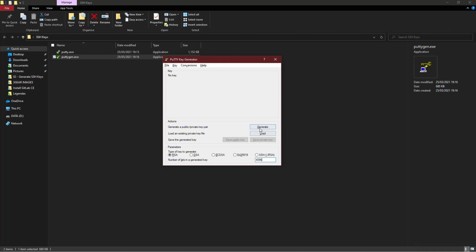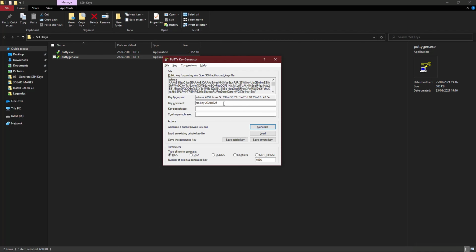And next we click the generate button. We need to move the mouse to create the key. So it's done. A private and public key pair has now been generated. In the key comment field, we will enter any comment. Choose what you like, to later help you identify this key pair.